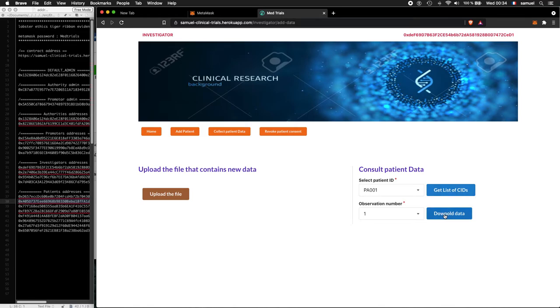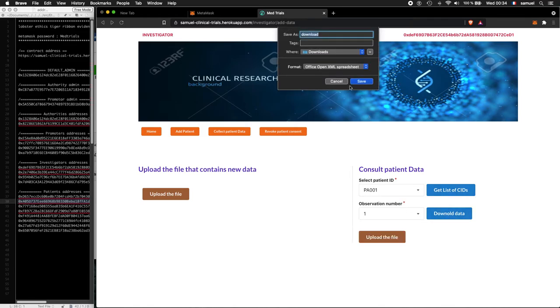So I click on download. By clicking on download, as I said before, we are interacting with the smart contract to retrieve the CID, and this CID is used to fetch data from IPFS. So now IPFS sends back the data.